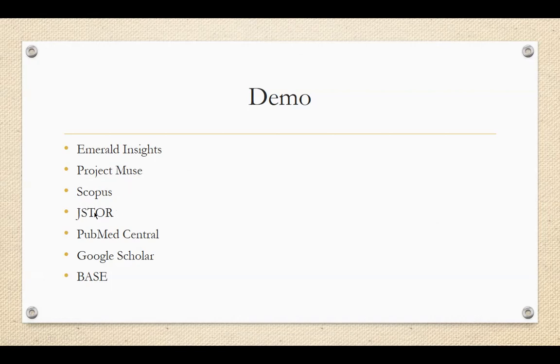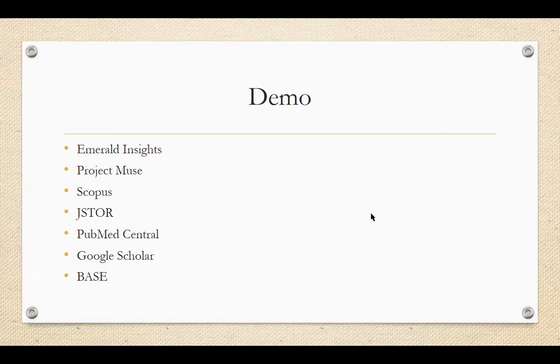We'll also discuss JSTOR, that is another archival database for storing the publications or journals of different publishers for long term preservation. And later on in next classes we will discuss PubMed Central, Google Scholar, and the academic search engine that is called Base. These all we will discuss in detail.